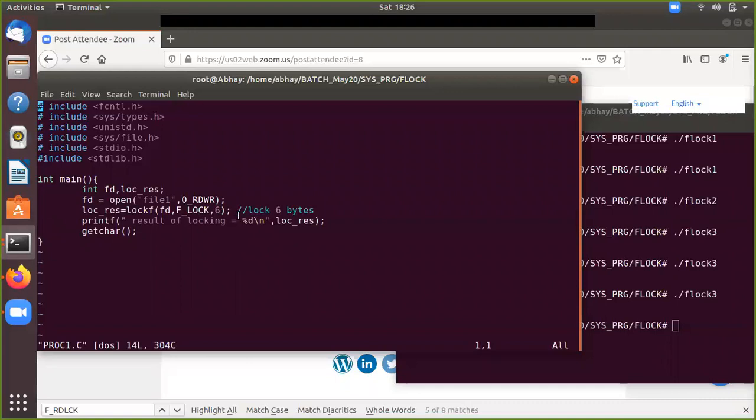So when you open a file, your current offset will be pointing to which location? The beginning, correct. So it locks 6 bytes from the beginning. If it is a success, it is going to return 0. If it is a failure, it is going to return an error.